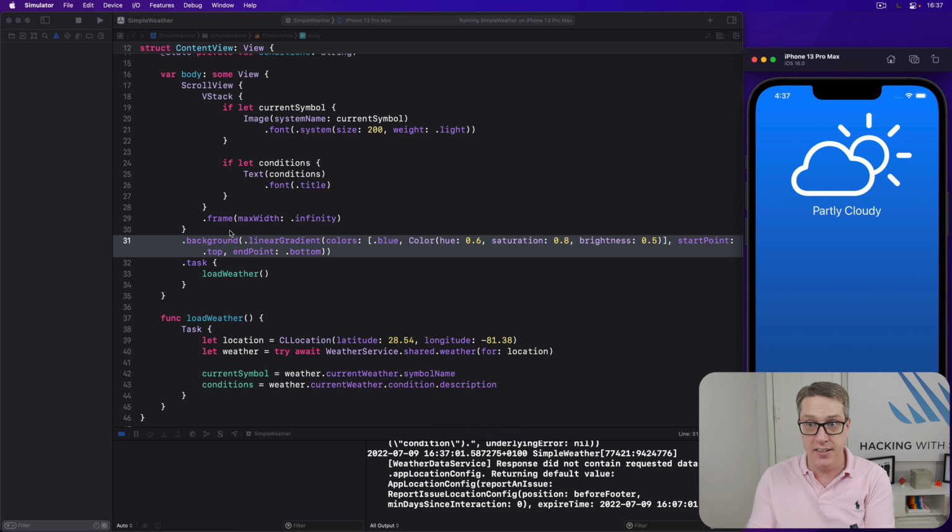That's because my simulator is running in dark mode right now, so the default color is white text and white images. If you're in light mode, you'll find you have